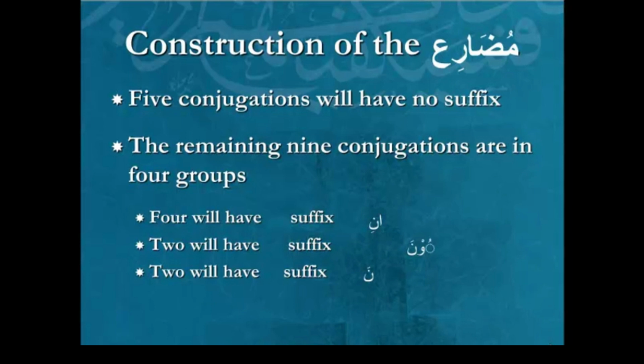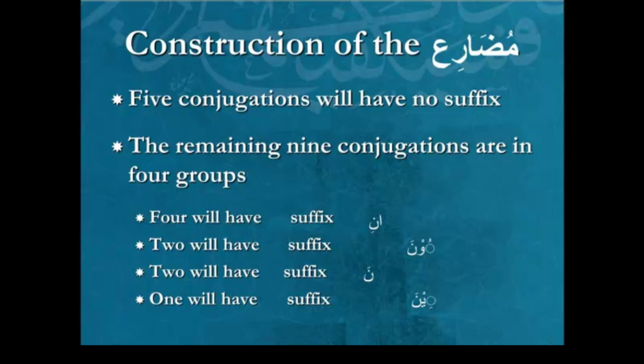The 2 plural feminines have only noon. Their suffix is only a noon, and conjugation number 10 has its own ending, which is a ya preceded by a kasra followed by a noon, so you're going to get lina. So lani occurs 4 times, luna occurs twice, na twice, and lina will occur in conjugation number 10 when you're speaking to one female.